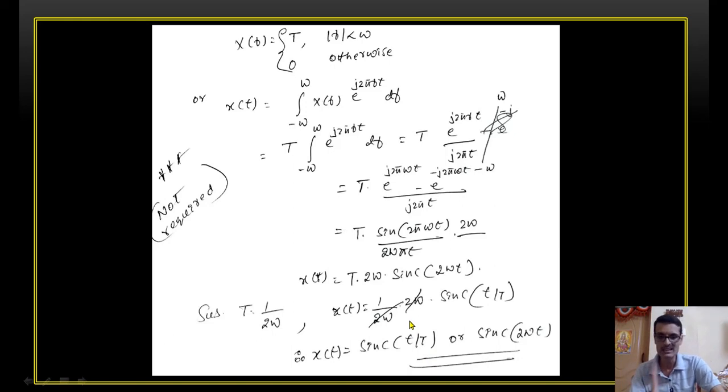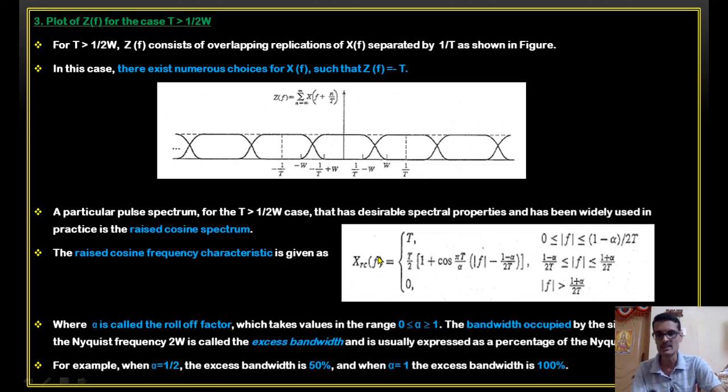One possibility, only one condition, that is the Nyquist condition. Only one possibility we have actually over here. We need multiple possibilities, different shapes. I have to go for different shapes. Now, I'll go to the practical case. Practically, the third possibility is to choose T more than 1 by 2W. Okay, now in this case we get an overlapping kind of spectrum.